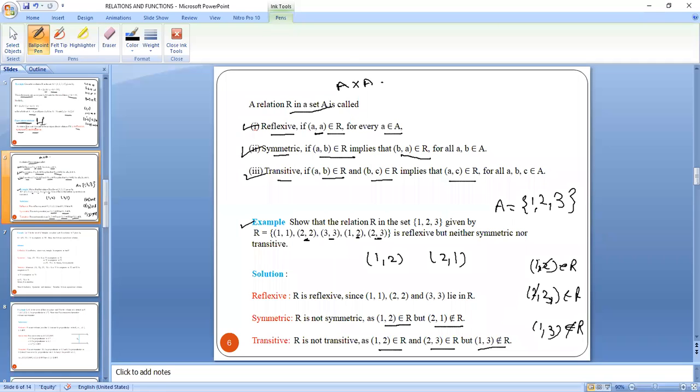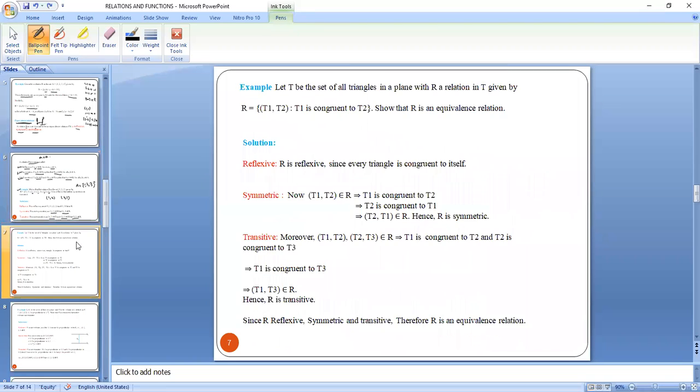This way we will be checking whether the relation is reflexive, symmetric or transitive. On the basis of your 11th standard, plus 2 standard, these equivalence relation and reflexive, symmetric, transitive based questions are important, right? So we will be doing more examples. Till now, if any student has any doubt in reflexive, symmetric and transitive, you can ask, because this topic is very, very important. Otherwise, we will move to the next example.